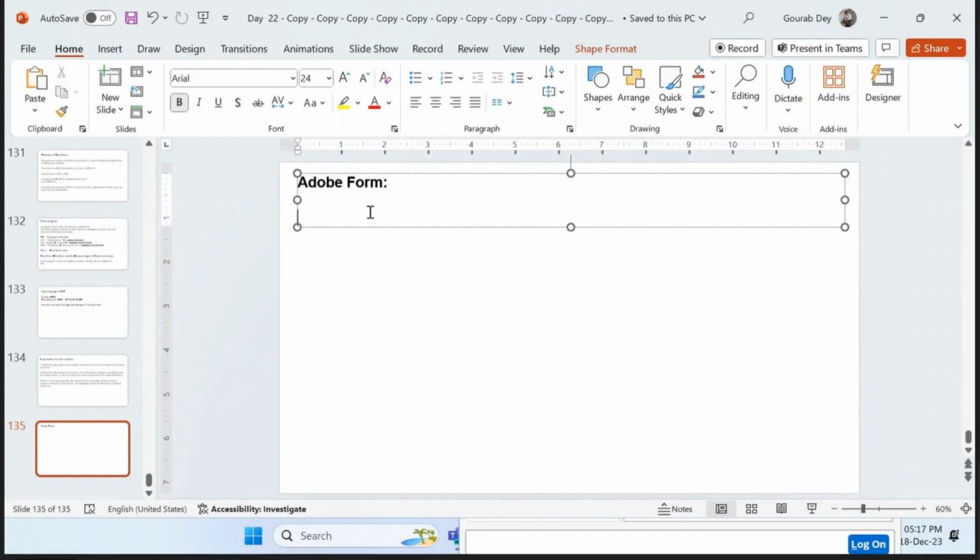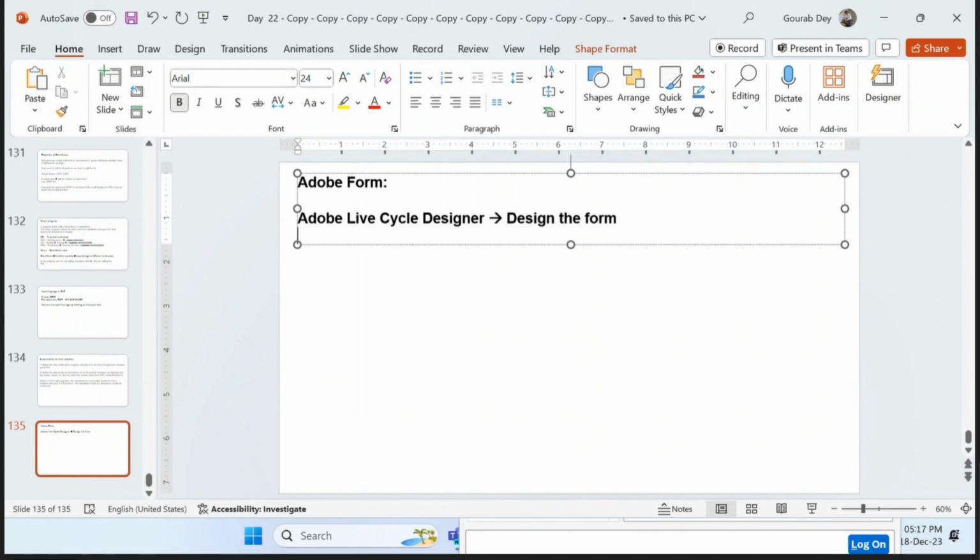Adobe has a product, Adobe LifeCycle Designer, where we can design the form. This has to be installed, so Adobe LifeCycle Designer should be installed